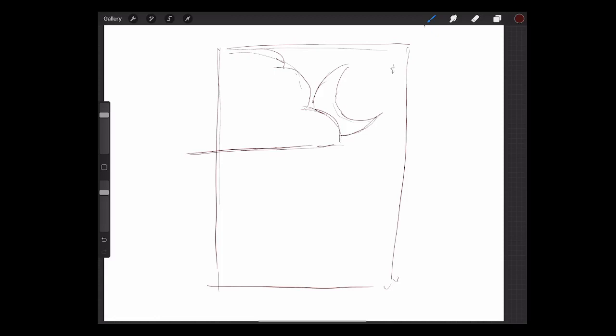Maybe have some simple stars in the sky. And these are just rough little sketches. I'm going to put a smaller cloud to show depth on this side. And on the bottom here,